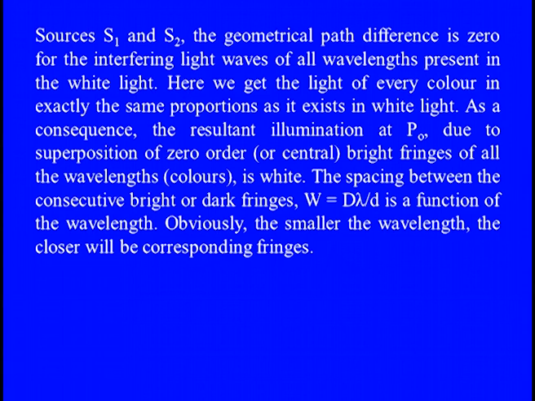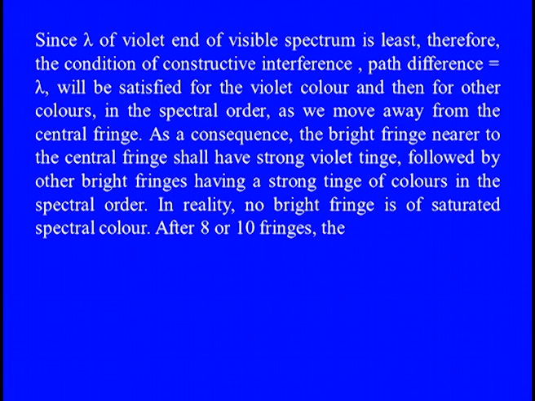The spacing between the constructive bright or dark fringes, W, is equal to capital D lambda divided by small d, which is a function of wavelength. Obviously, the smaller the wavelength, the closer will be the corresponding fringes. Since lambda of the violet end of the visible spectrum is least, the condition of constructive interference, that is path difference equal to lambda, will be satisfied for the violet color and then for other colors